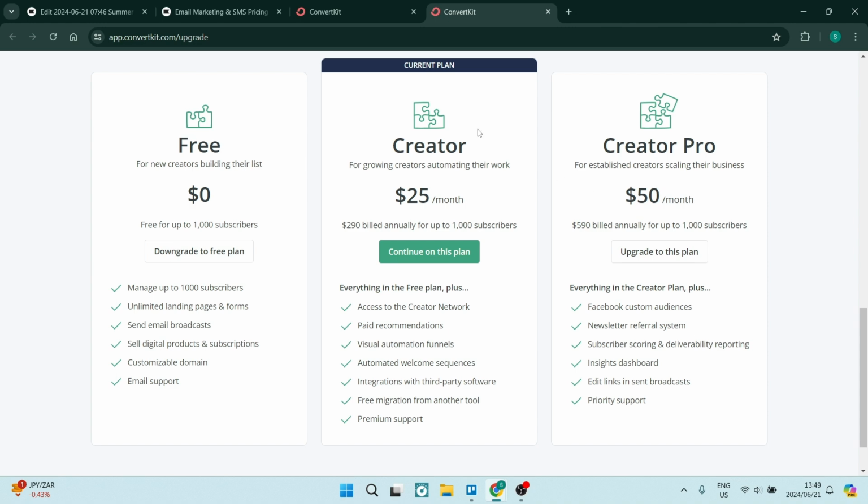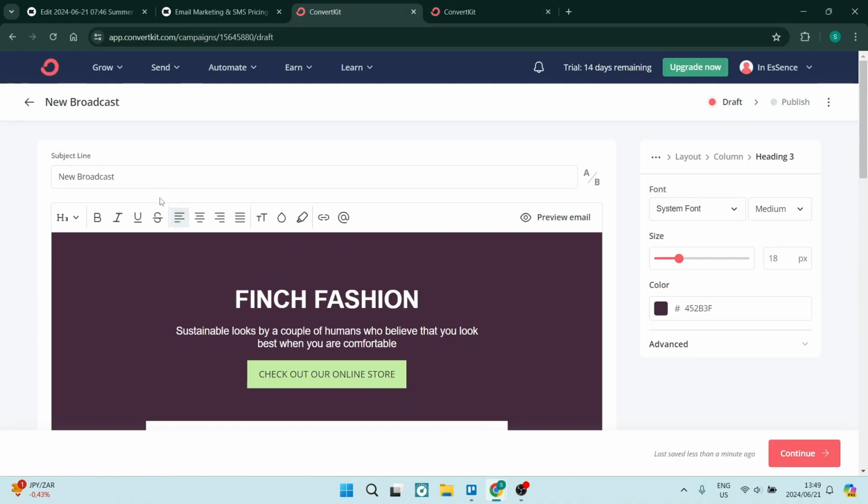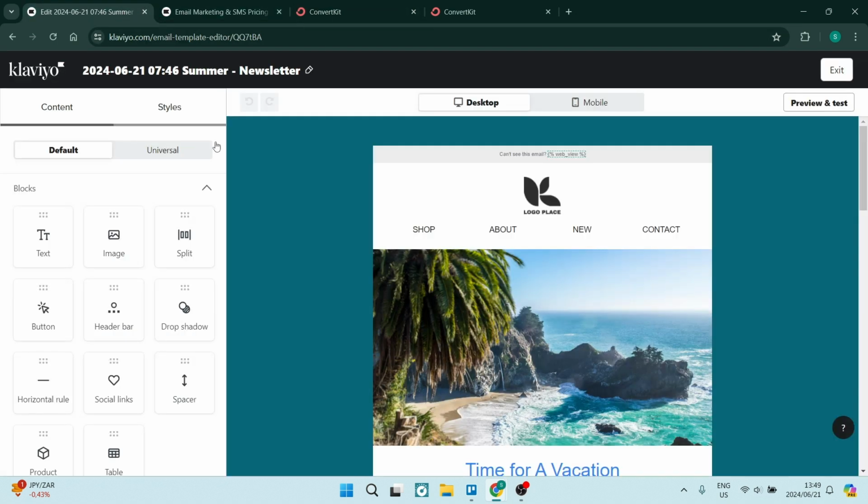Now, to be completely honest, they're a lot cheaper, but ConvertKit is just not as user-friendly for me as what Klaviyo is. Klaviyo just seems like a better platform, especially if you're just hitting the ground. You want something where you can jump into and start using immediately. So in this case, Klaviyo definitely